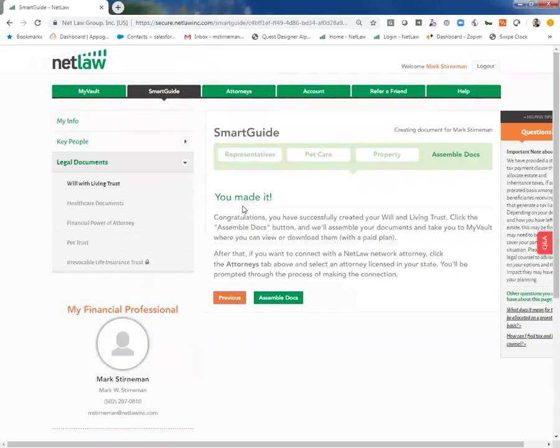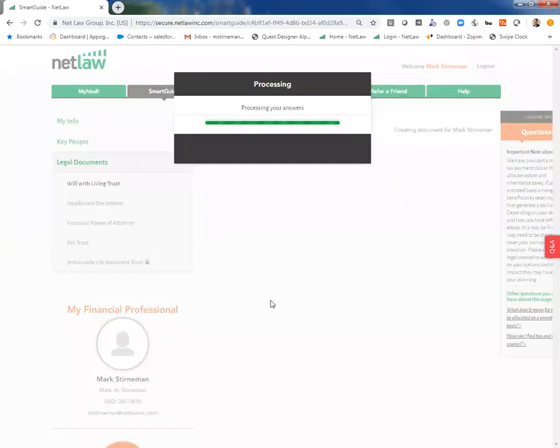Congratulations, you made it. You just created your will and your revocable living trust. We're going to click Assemble Docs. And as I click that, it's going to process everything that we just went through for the will and trust. And it's going to create two documents, our will and our trust. And it's going to save it into our vault system so that we can see it, we can print it out, get it witnessed and notarized,